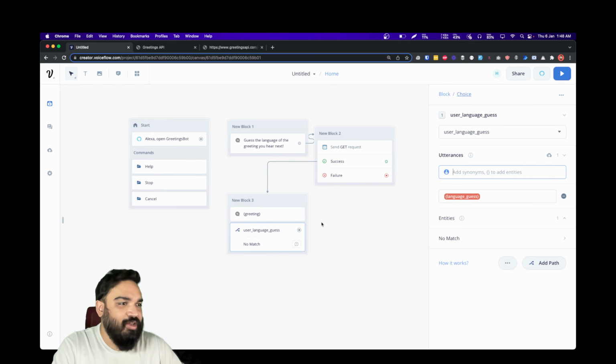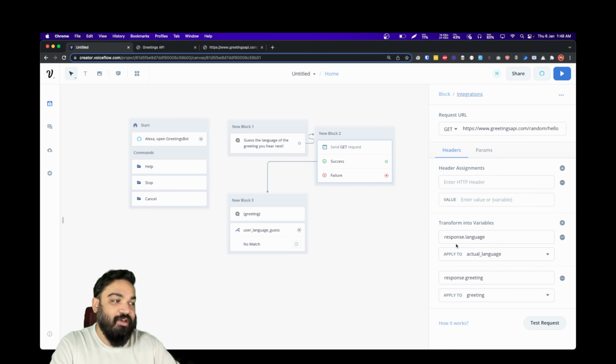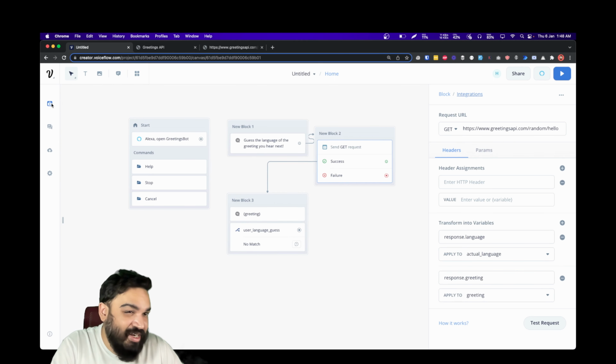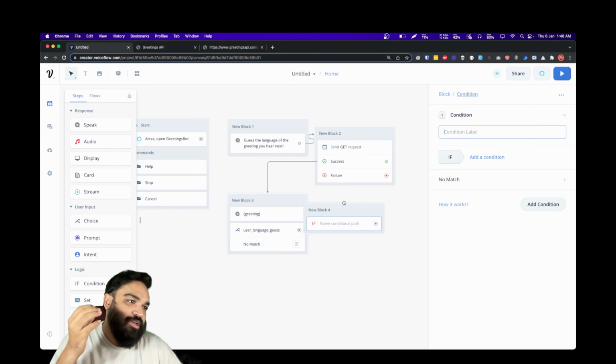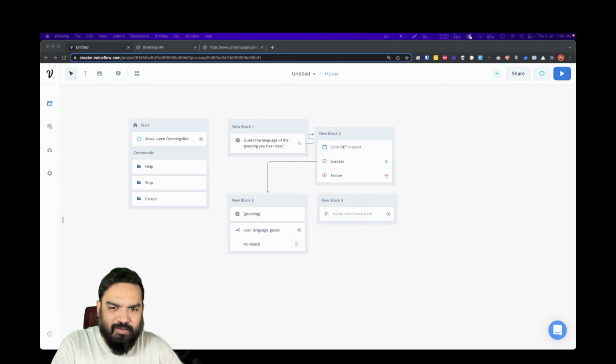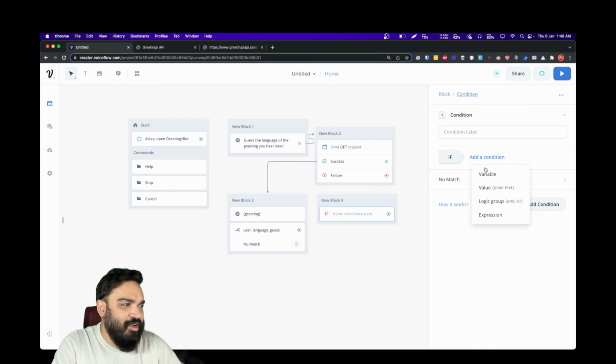Now how do you check? It is simple. From the API block, we already have the language stored in actual language. We just have to match this to this. Simple. So for that, I'm just going to quickly drag and drop an if block. Very simple. If actual language matches with user's language, it's a match, otherwise it's not a match, right? So click on this, add a condition.